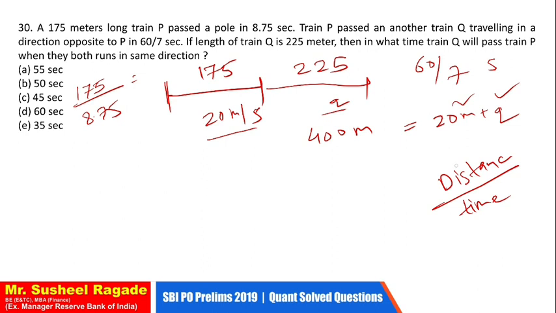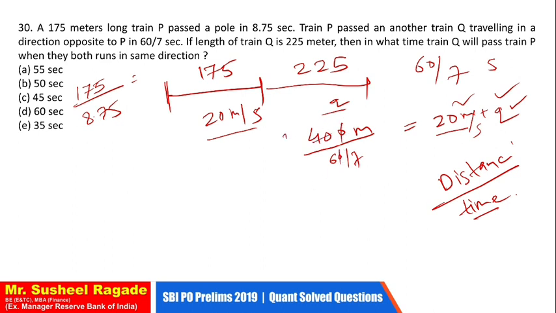We know that this train's speed is 20 meter per second, and this train's speed we don't know, so we have written Q. Distance upon time: the time given is 60 by 7. So 400 divided by 60 by 7